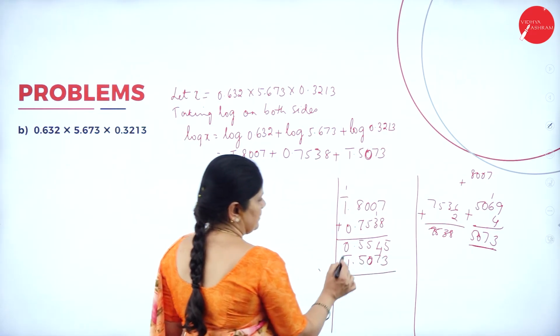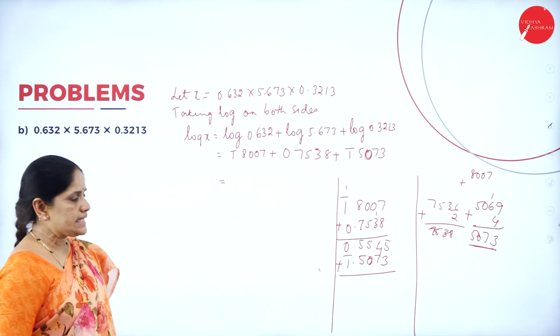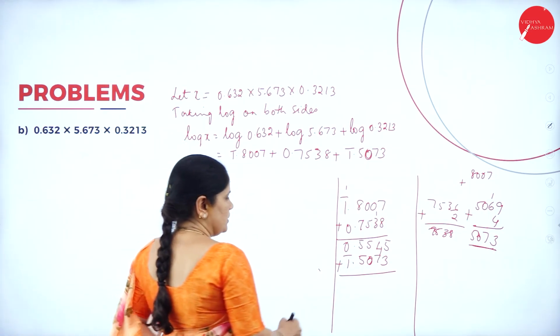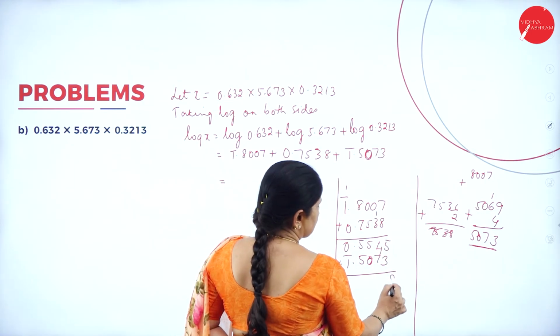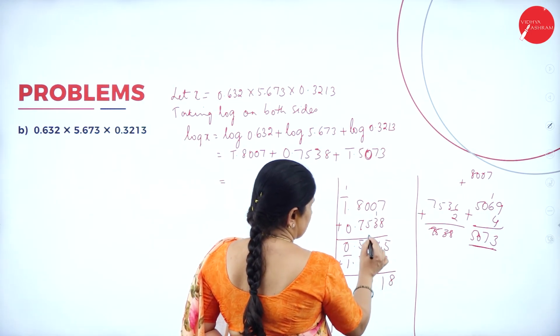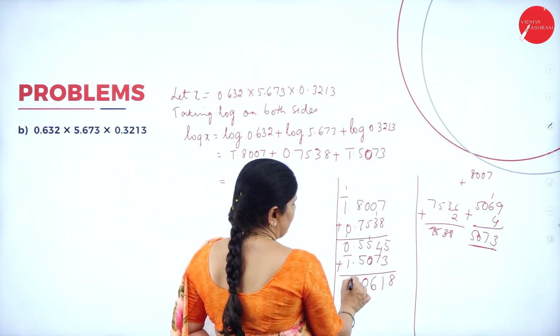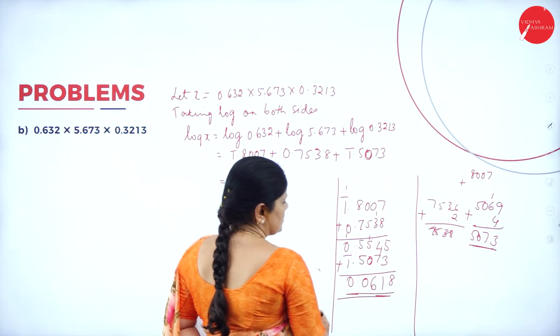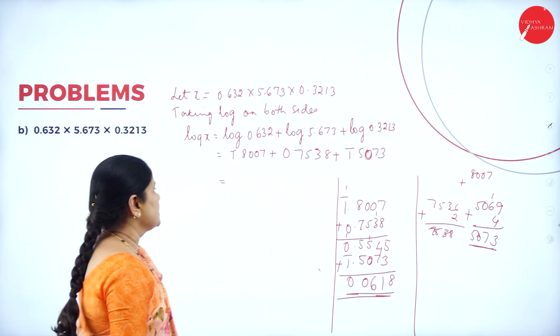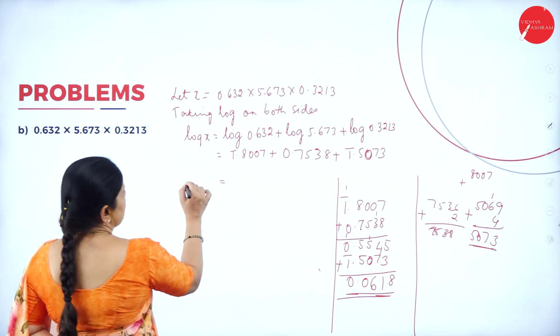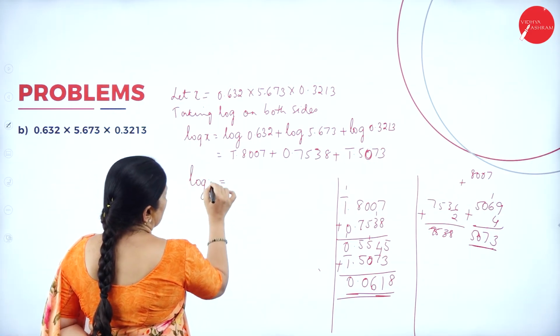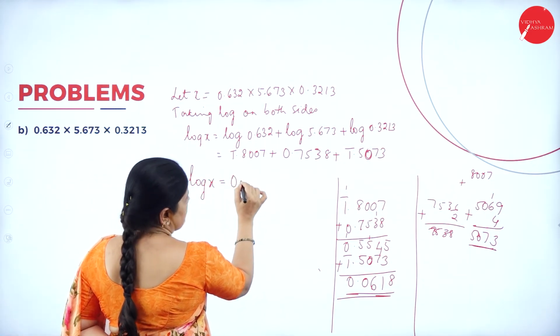So this will be 5 plus 3 is 8, 7 plus 4 is 11, 6, 5 plus 5 is 10, borrow 1, 1 and 1 gets cancelled, so 0.0618. So this will be equal to log of x equals